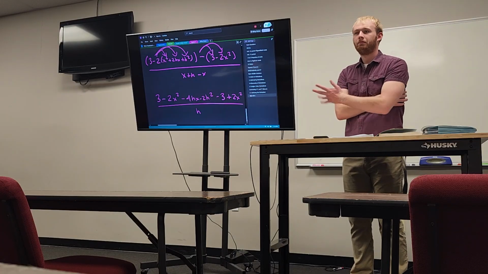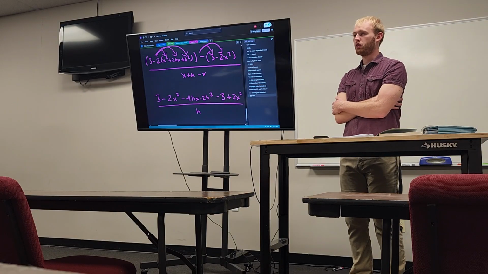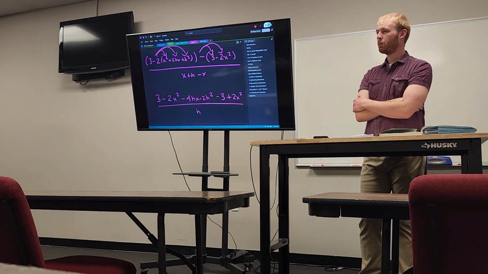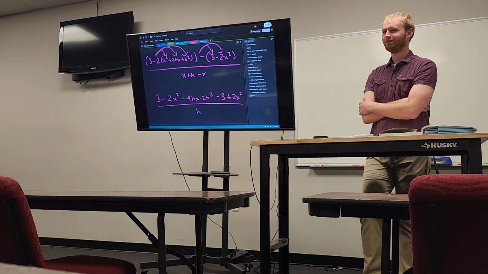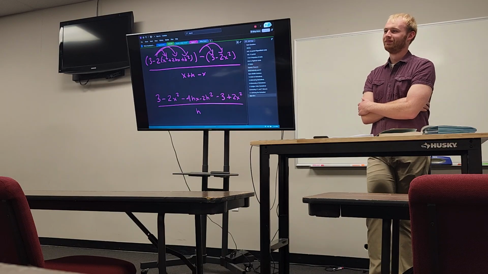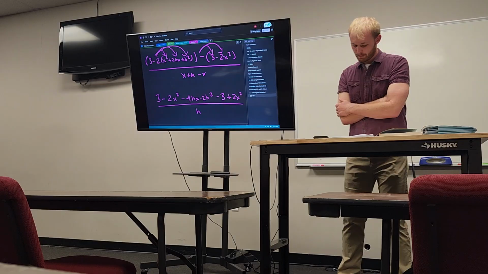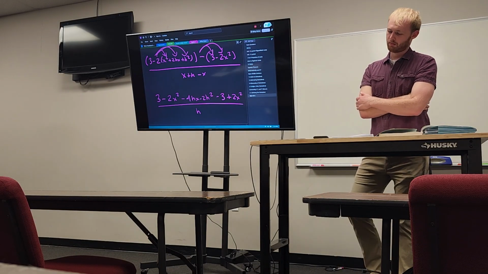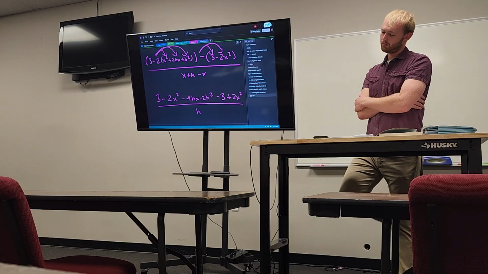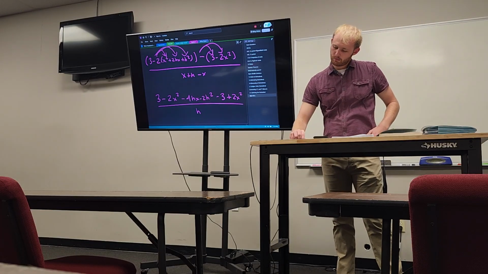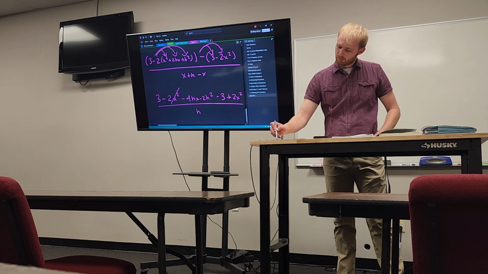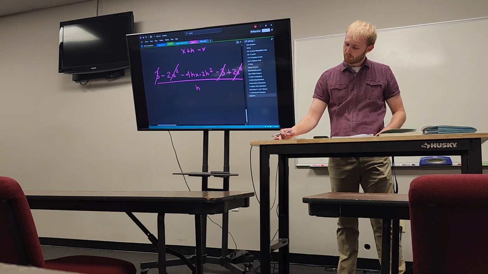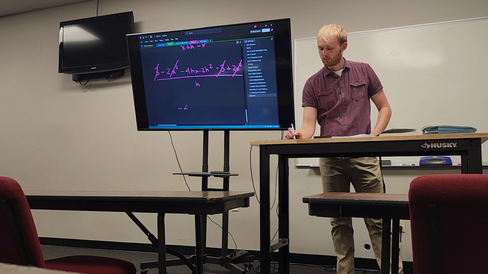It's the negatives. Negatives persist at being tricky from algebra 1 on. So 0 difference, so then it'd cancel. So it'd be negative 4x